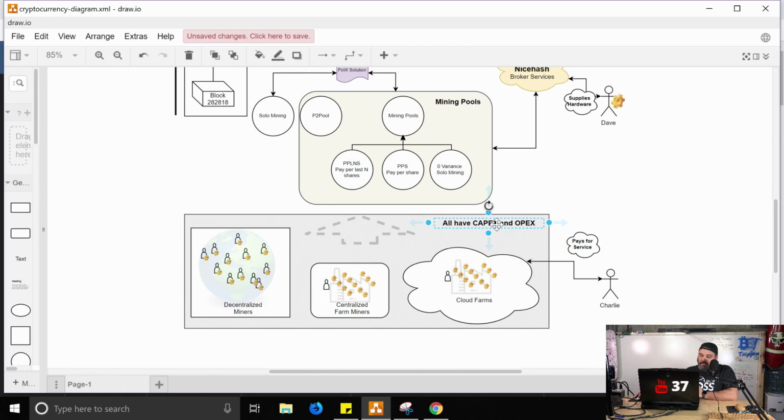All the CapEx and OpEx is part of the cloud farm that owns this, but you will pay a nested cost for participating in this. This usually is not the best margin play, obviously, because you're essentially paying this CapEx and OpEx cost as part of your service fee to receive this,